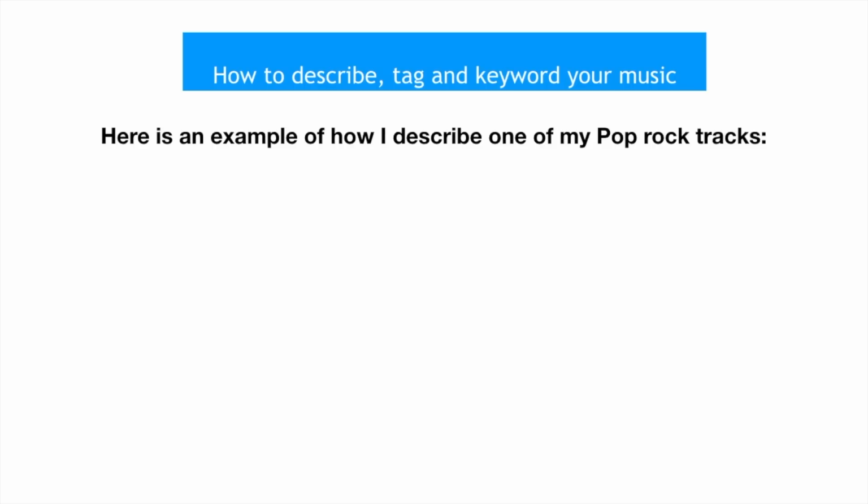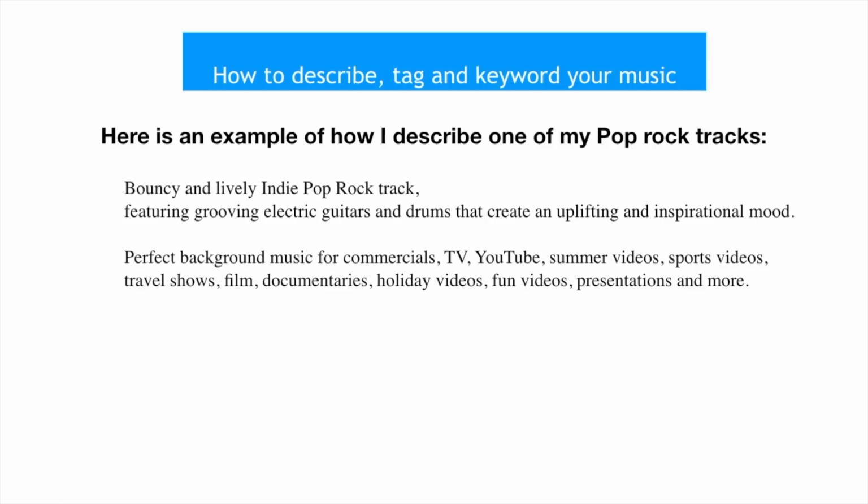So let's talk about how I can describe my own music, okay? I'm going to be using a real life example. Here's an example of how I describe one of my pop rock tracks. So: bouncy and lively indie pop rock track featuring grooving electric guitars and drums that create an uplifting and inspirational mood. Perfect for background music, for commercials, TV, YouTube, summer videos, sport videos, travel shows, film, documentary, holidays, fun videos,